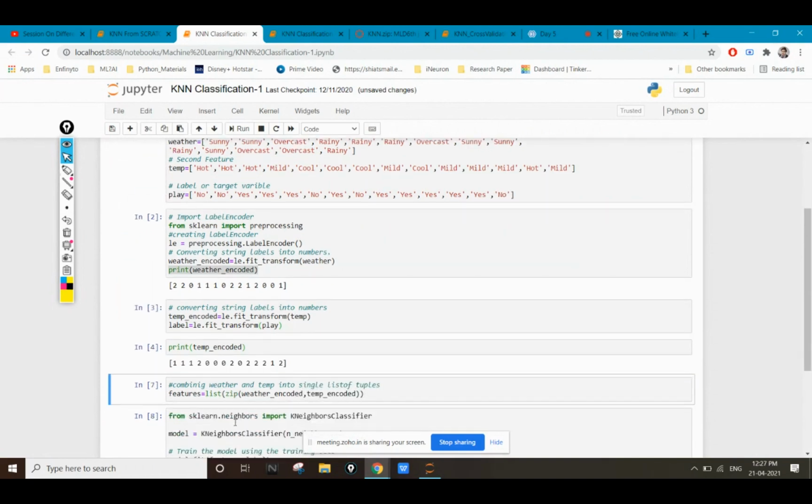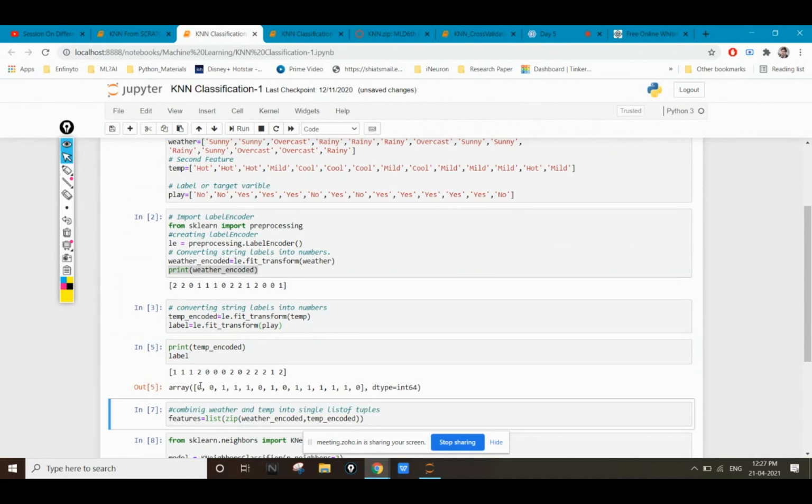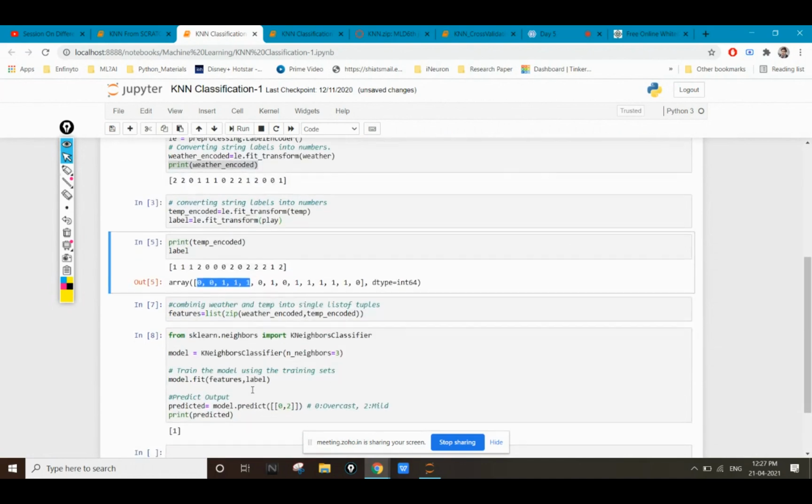Again I'm getting the values 0, 1, 2. Now based on this encoding, I'm changing my label also. In the label I'm getting the value 0 or 1. So 0 means no play and 1 means play. So I can go out for playing. I'm classifying that.